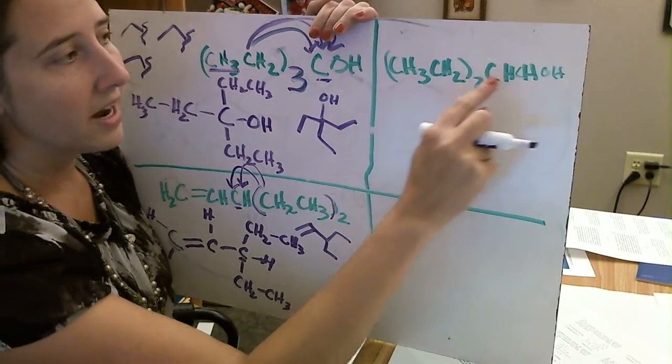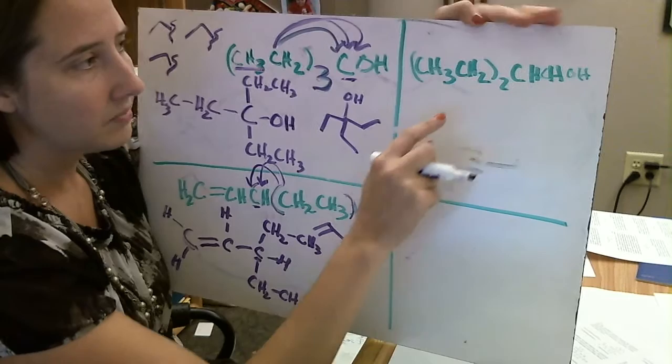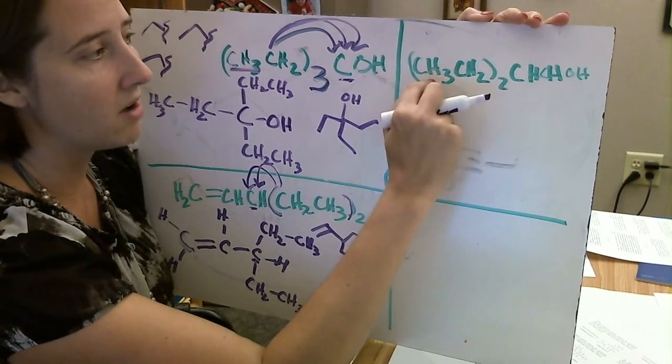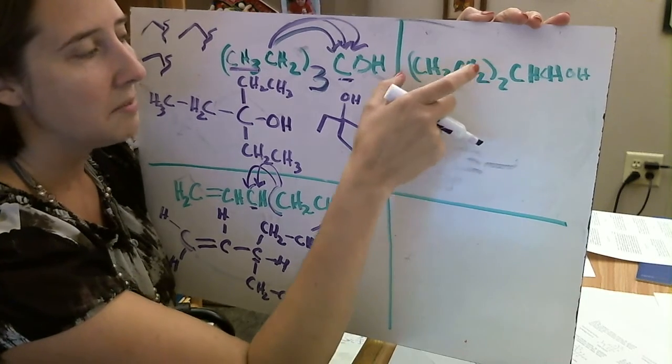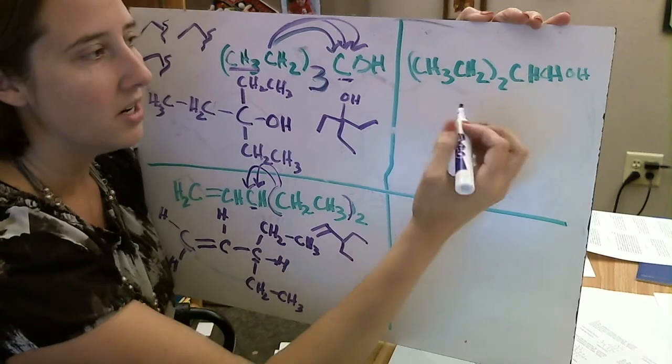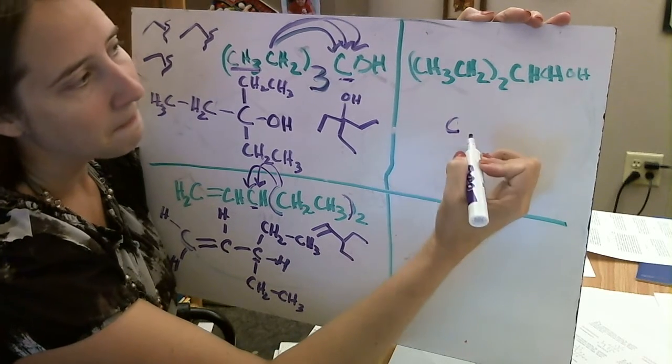Let me give one more example here. So here I have this problem, and again, because this has multiple pieces coming off of it, right? This is duplicated. I'm not going to start drawing the structure here. To me, that's easier to actually start here. So I have a carbon with,